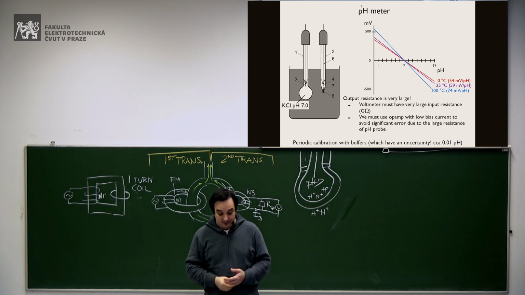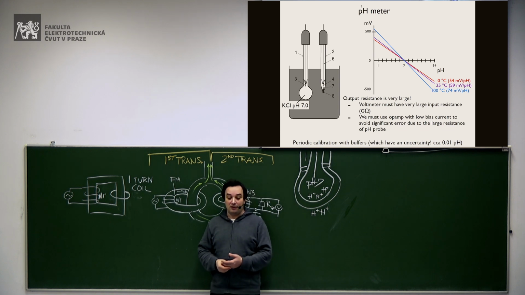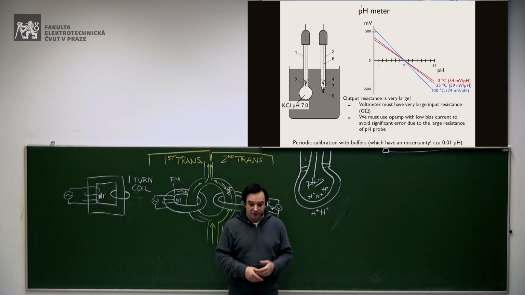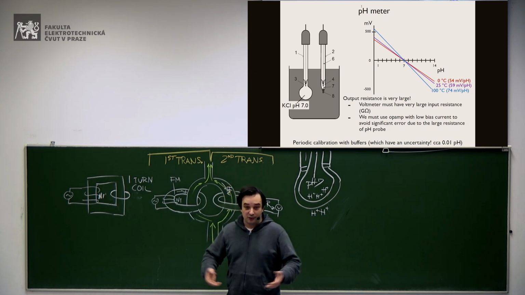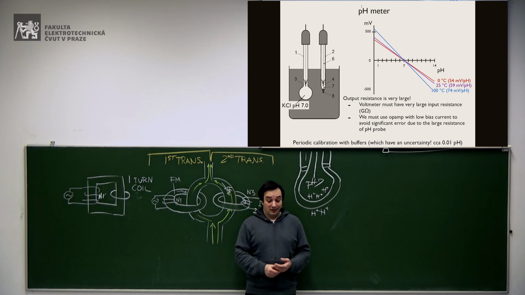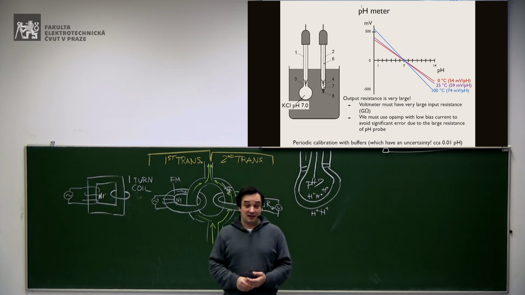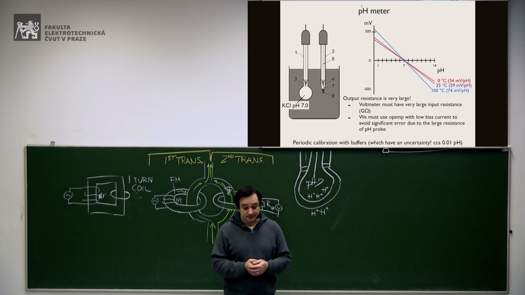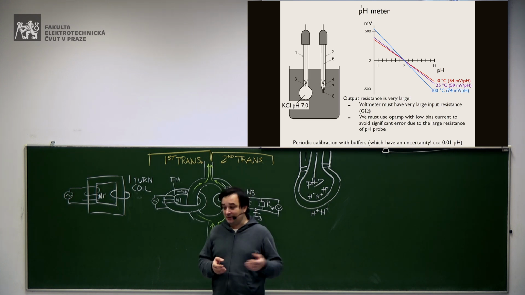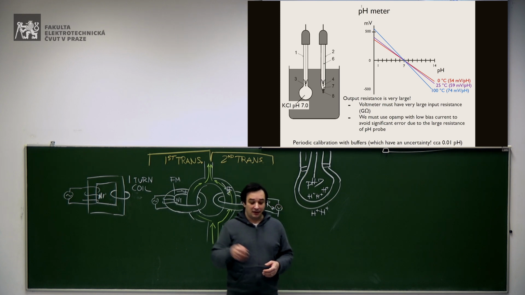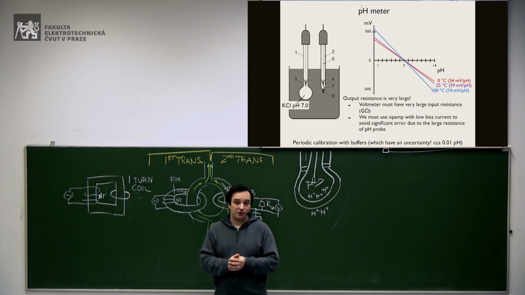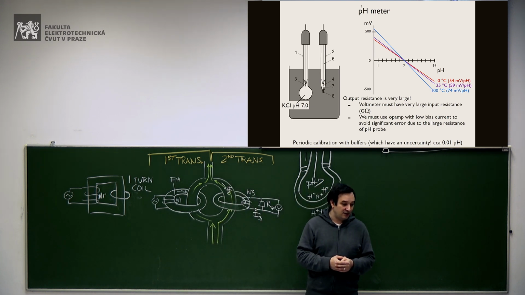Like we have roughly 50% more voltage, or something less, if you change the temperature from room temperature to 100 degrees. So it's very important to keep in mind that the response of the voltage changes significantly with the temperature, which means that in most modern, good digital pH meters, you have also a temperature probe. So on the display, they show also the temperature, not only the pH,